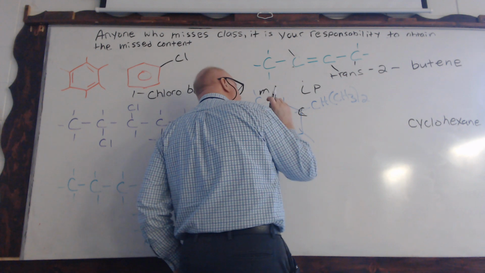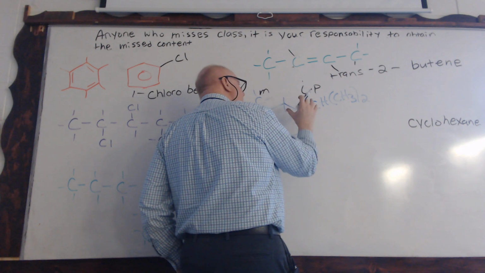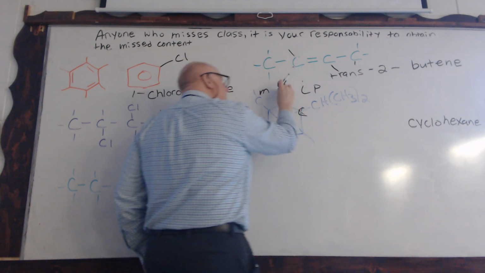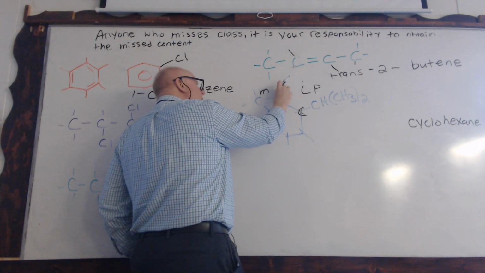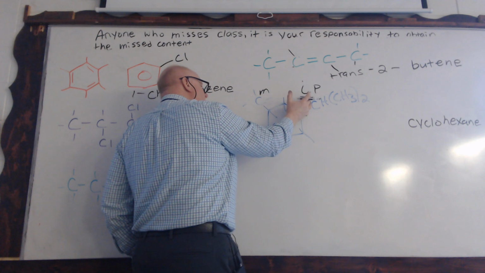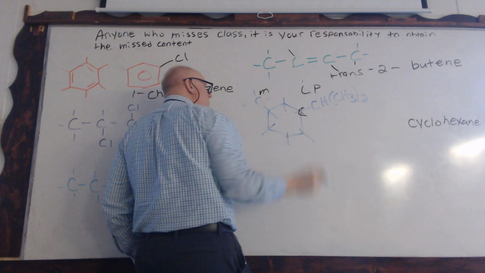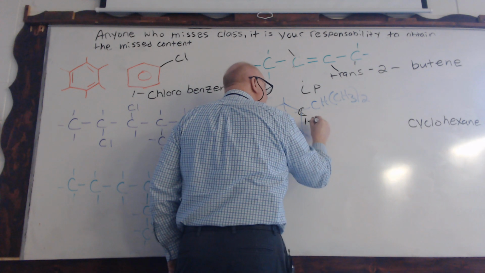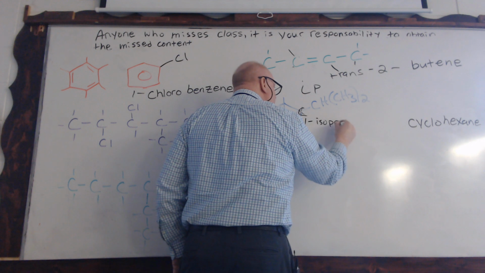It has to be on the first one because you want the lowest number. Just because it's the first one, it doesn't necessarily mean that it's going to be here. I mean, it can be, but you have to assign this a number of 1, and you would have to put the number 1 dash isopropyl